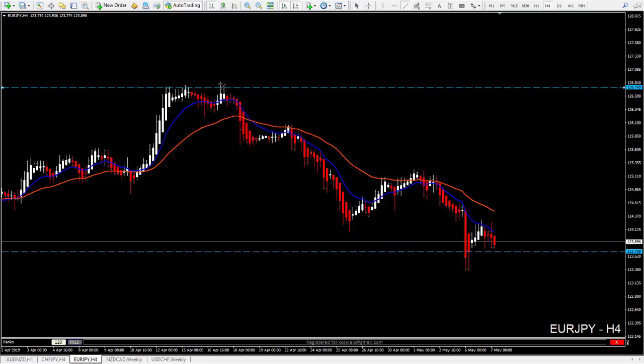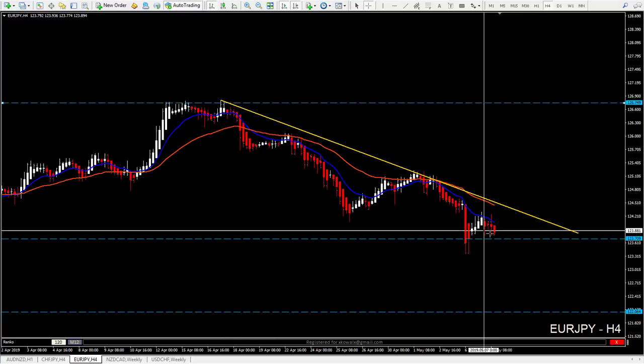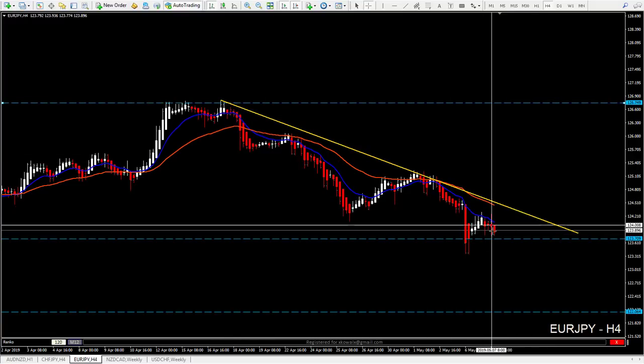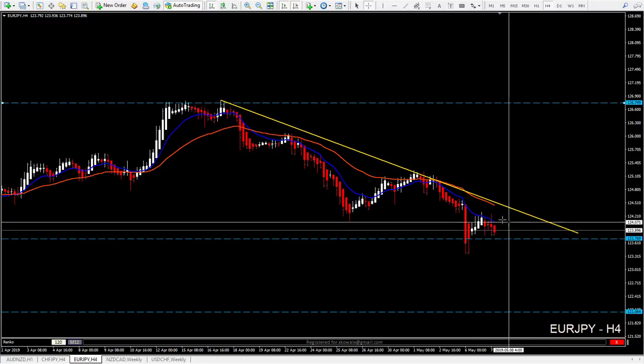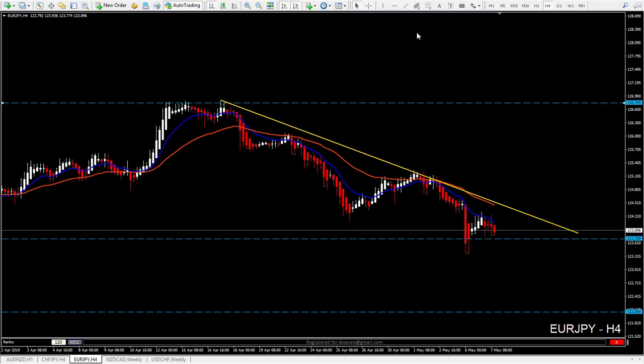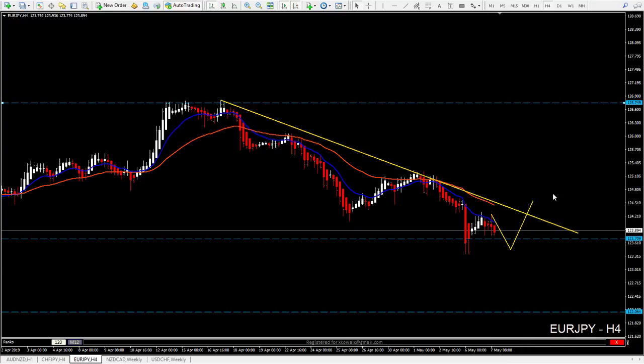So when we go to the lower time frames, if we check the 4-hour chart, we can do exactly the same for the euro yen like we did for Swiss franc yen. We just draw the trend line here, and as long as price is squeezed in this area, it's better not to touch this pair, but to wait. We still might have reaction, maybe double bottom on the 4-hour chart, maybe some spikes, and if we see that price is reacting, then after breakout of this trend line plus the 36, we can look for possible long scenarios,